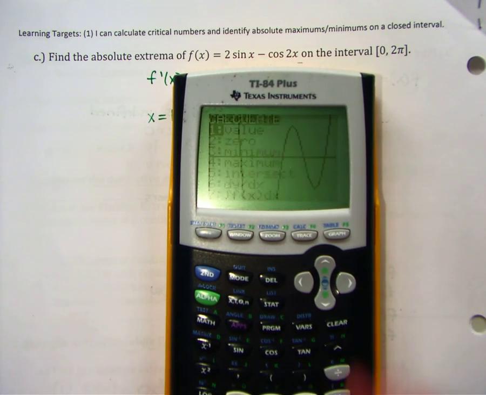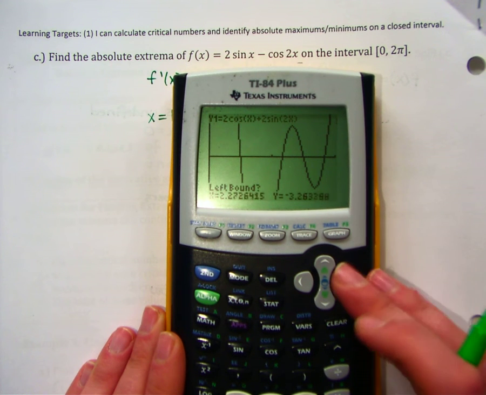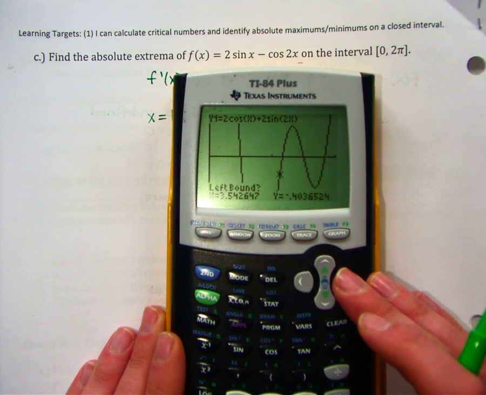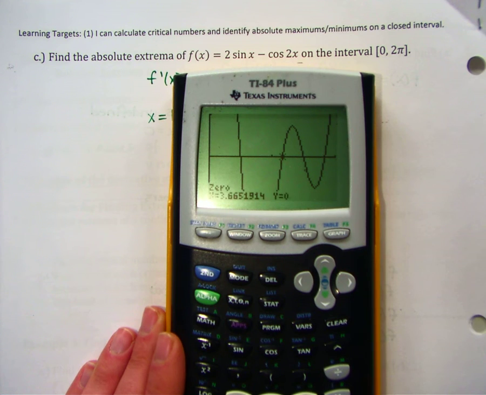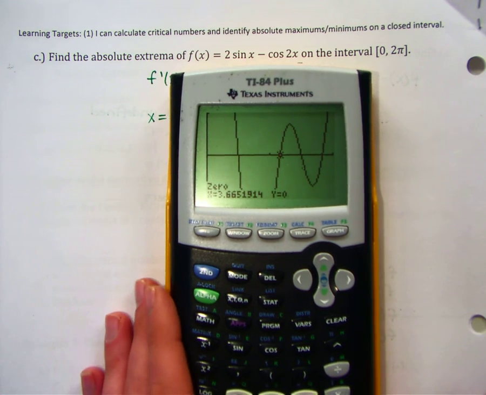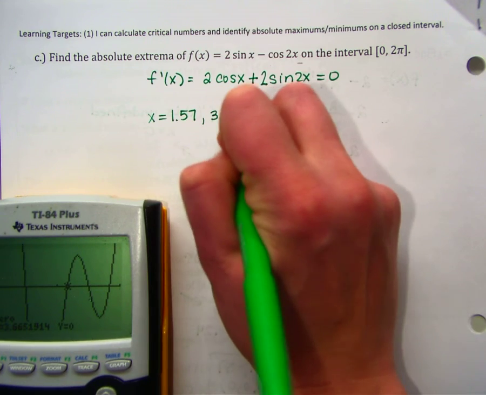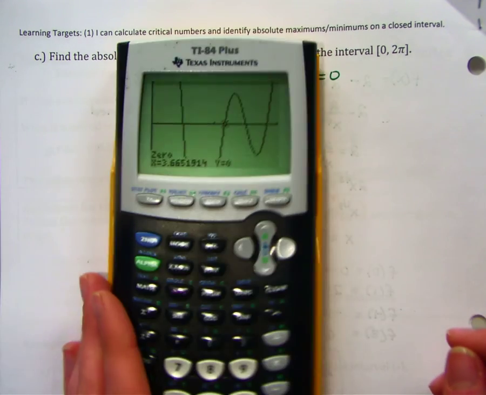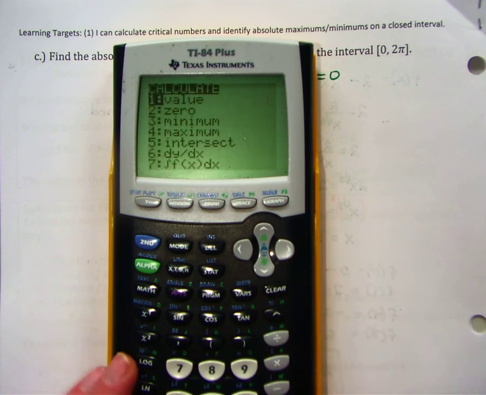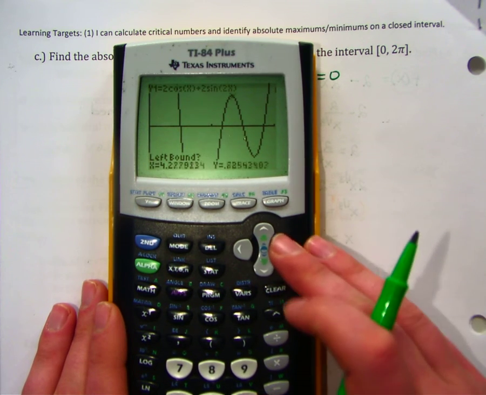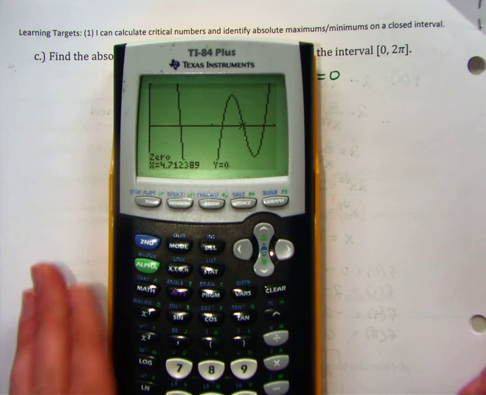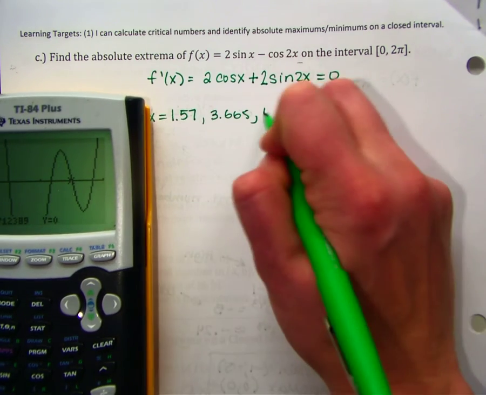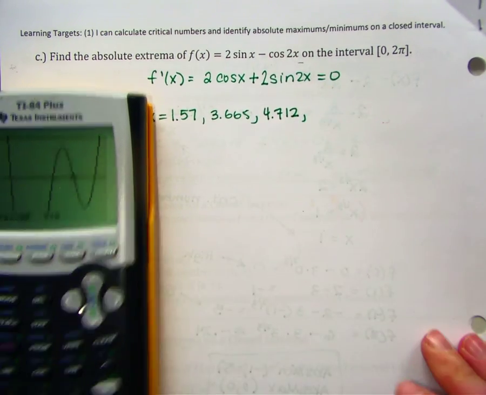It goes right through that nice coordinate. And I'll do it again. I'll find the next 0. I'm to the left, I've moved past to the right, and so I got 3.665. My next one, trying to get a little bit closer, should be at 4.712. And the last one,